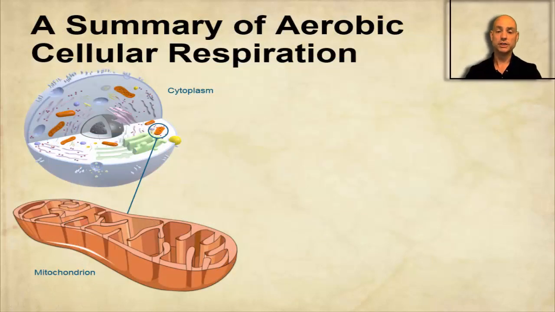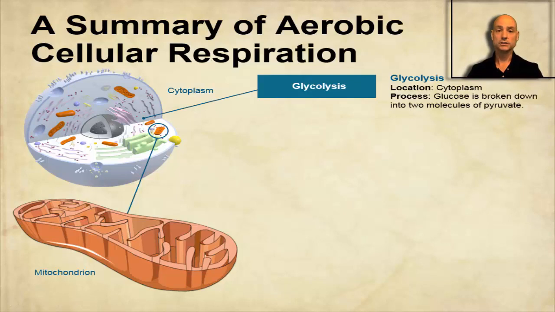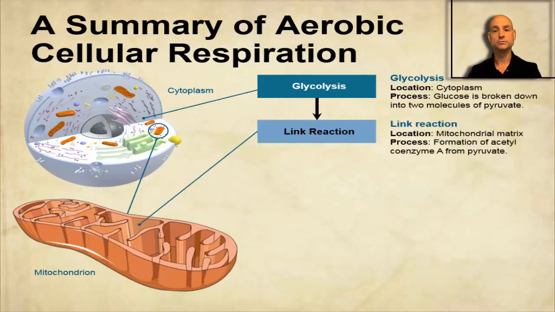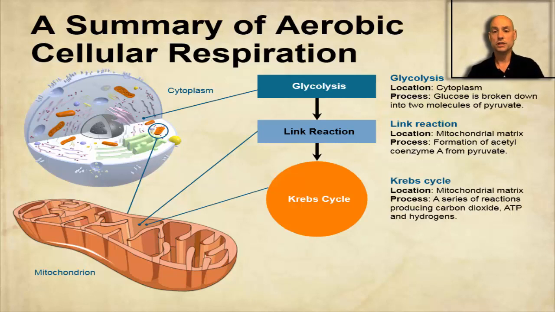Okay, so quick summary again. Glycolysis, it's in the cytoplasm. Glucose broken down into two molecules of pyruvate. We have a link reaction that carries all these pyruvate into the Krebs cycle, which takes place in the mitochondrial